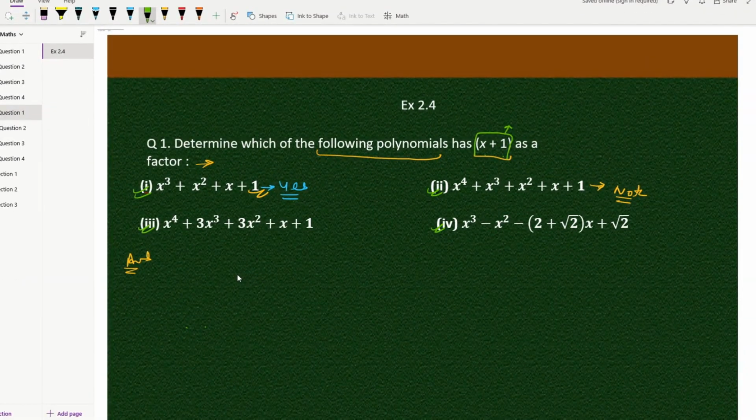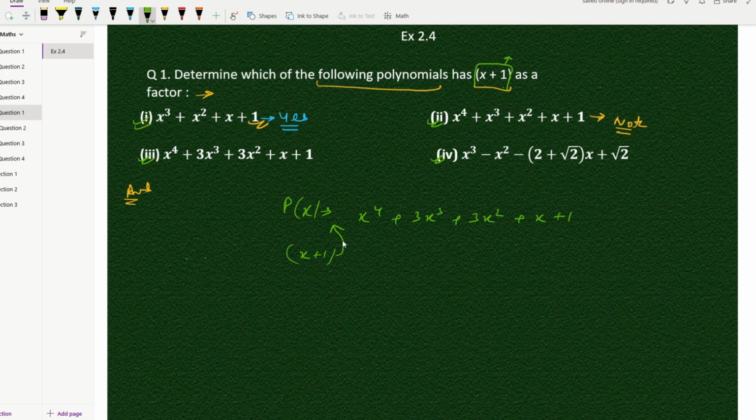So now we will come to the third part. So here the polynomial is x की power 4 plus 3x cube plus 3x square plus x plus 1, and we have to find whether x plus 1 is a factor of this polynomial. So steps are very simple. Treat x plus 1 as a divisor and this px as a dividend. तो मैं क्या करता हूँ उसको